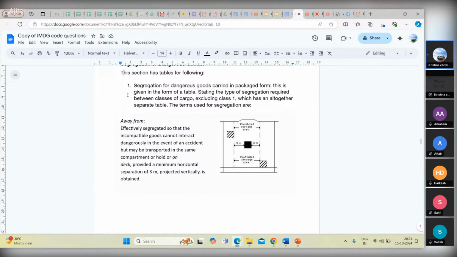Away from, separated by a complete compartment or a hold from, separated longitudinally by a complete compartment or hold from. So, stating the type of segregation required between classes of cargo, excluding class 1, which has an altogether separate table. The terms used for segregation are